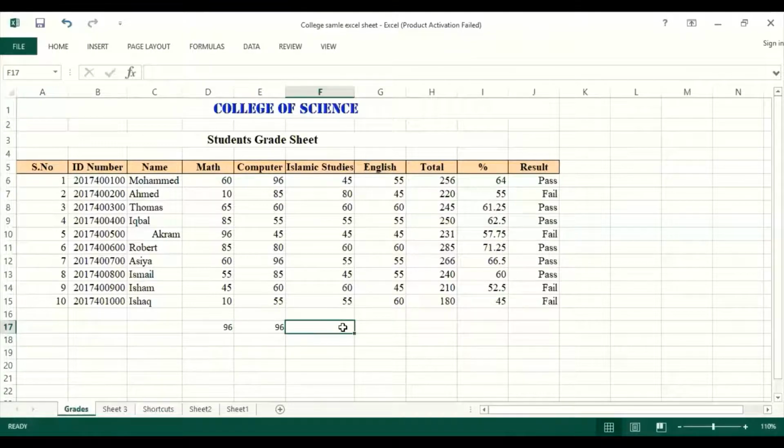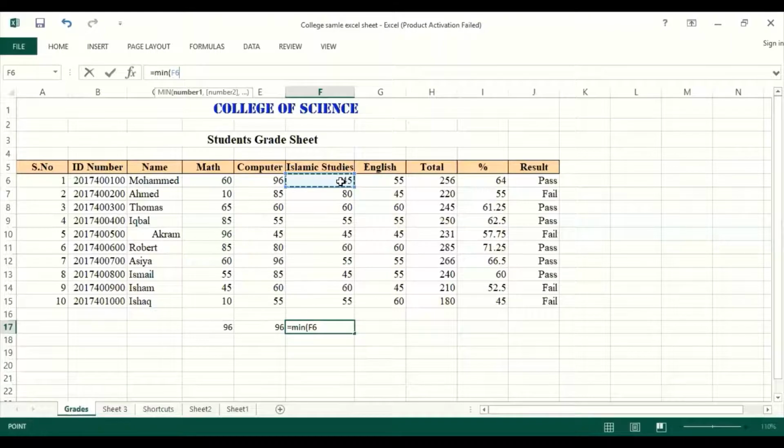Now I want to apply the minimum formula. Again, I have to select the cell where I want to display it. Then I will move towards the FX window. Again, write the equal to sign and then write the MIN formula, or minimum formula. After that, small bracket and mention number one or the starting position, that is F6.